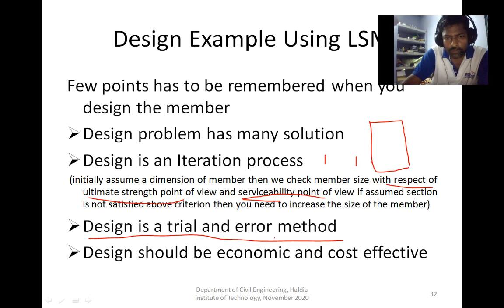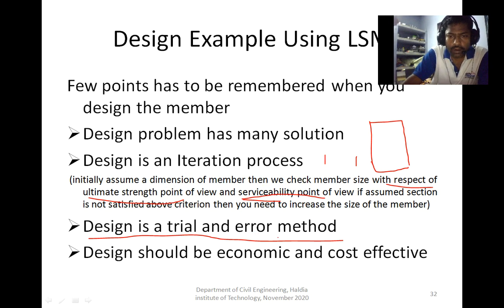A number of steps you have to perform, and when in two successive steps the error is minimum, that time we stop the iteration. This is the section we use for design.